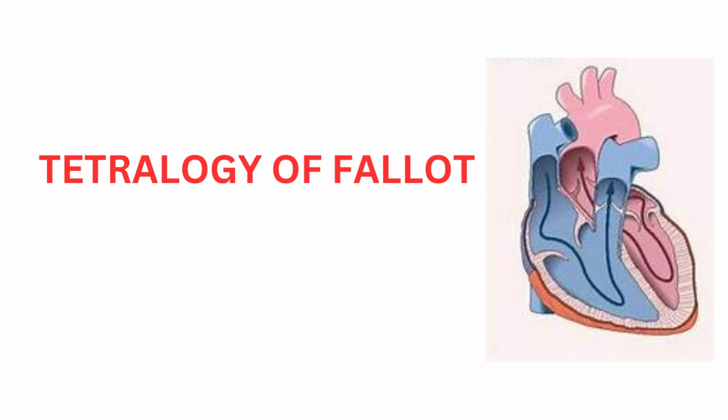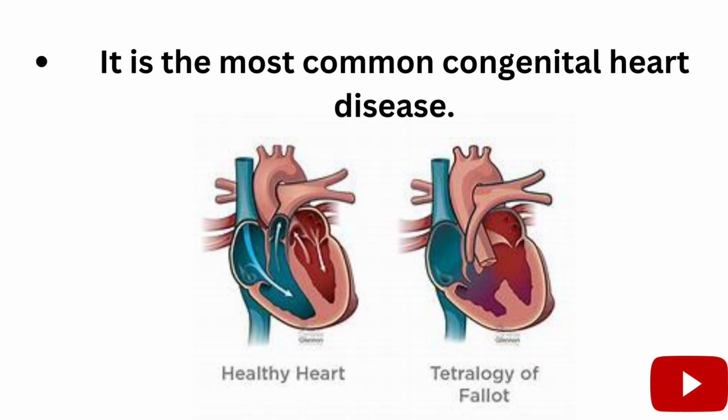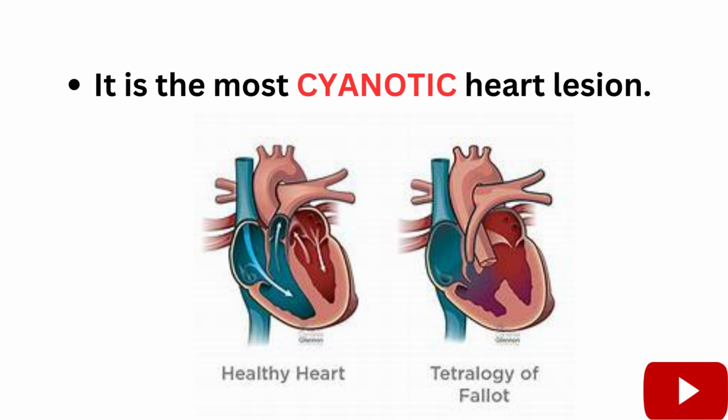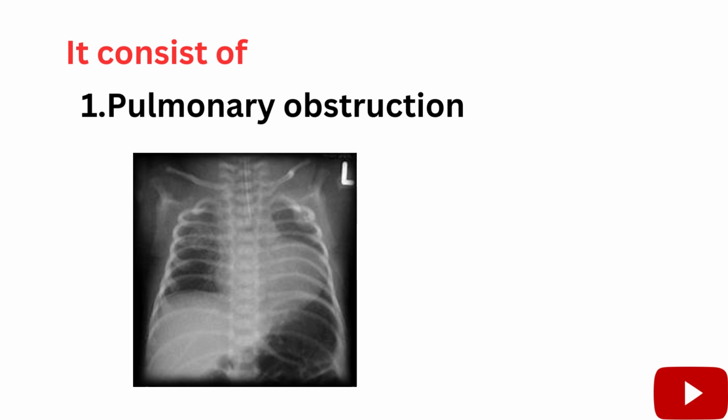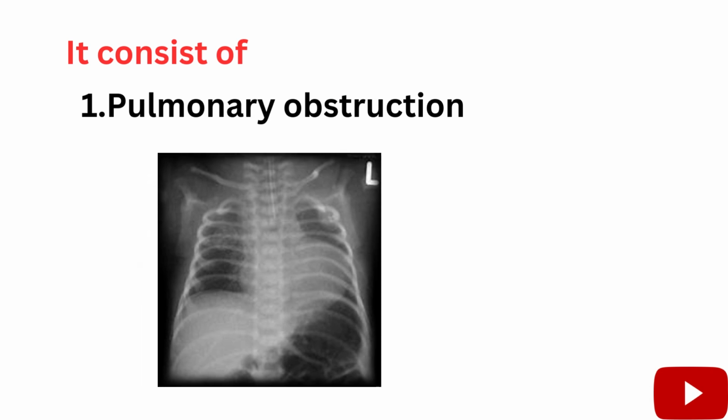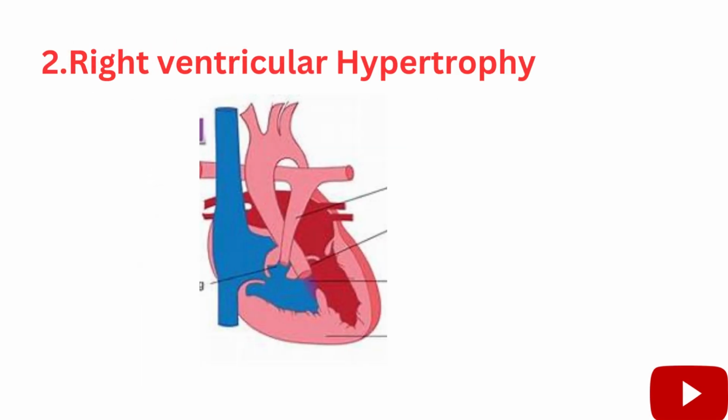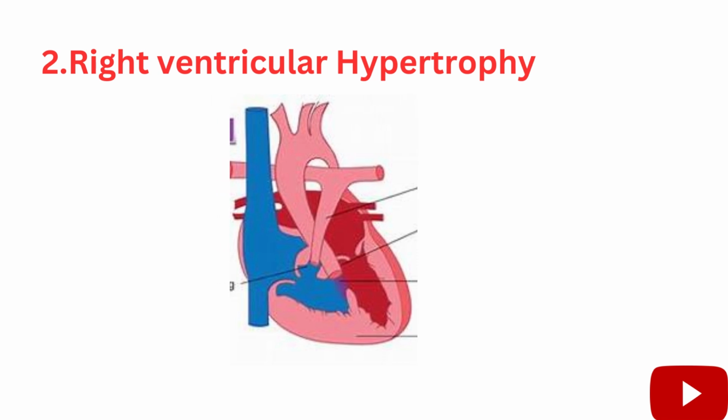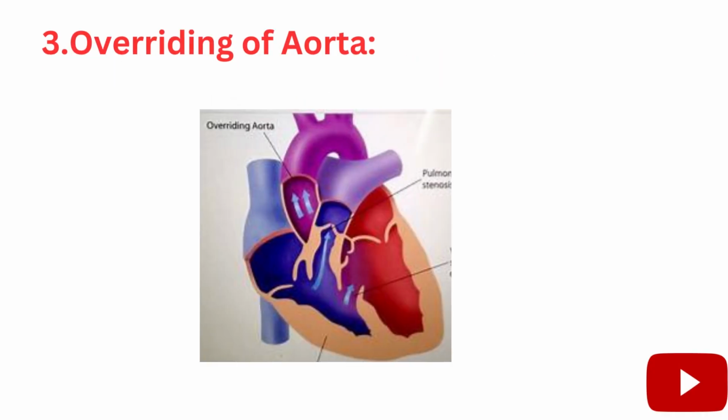Hello everyone. In this video we will learn about one of the important congenital heart diseases, which is Tetralogy of Fallot. It is the most common cyanotic heart lesion. It consists of 1. Pulmonary obstruction, 2. Right ventricular hypertrophy, 3. Overriding of aorta,